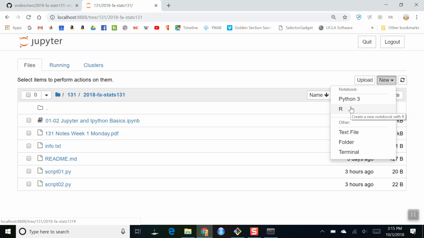And so you can create notebooks in Python, notebooks in R, and the notebooks in R are similar to R Markdown, but they're Jupyter notebooks, okay? So anyway, you can create a new Python notebook,